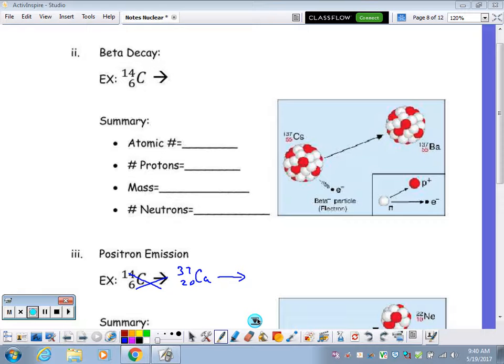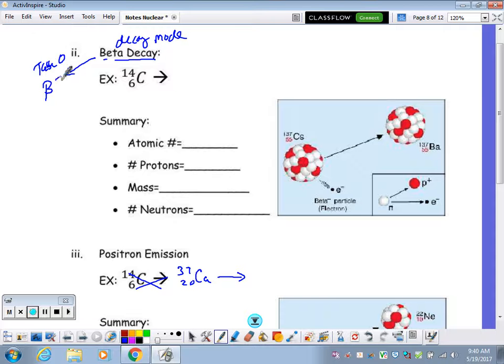Nuclear notes, page 7. Just like on the previous page, where we looked at alpha decay, let's look at the process of beta decay. So this is the decay mode. And we need to go look at Table O to see possible notations for the beta particle in a reaction. Number 1, you will see the Greek letter beta,